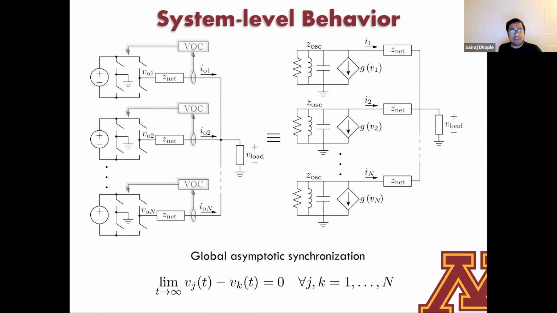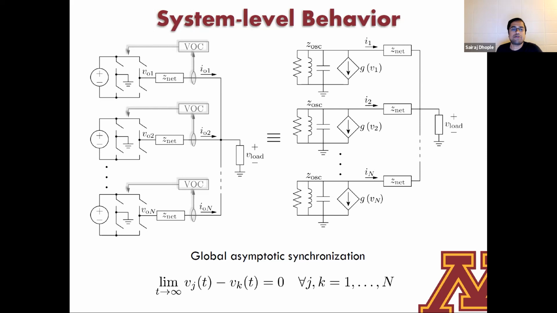All of the inverters are controlled with this virtual oscillator control, and there's no communication between any of them. The impedance at the output of the inverters I'm capturing by this quantity Z net. The currents that I provide to the load are denoted by IO1 through ION. And in order to synchronize and provide power to the load, I'm interested in perfectly synchronizing the waveforms